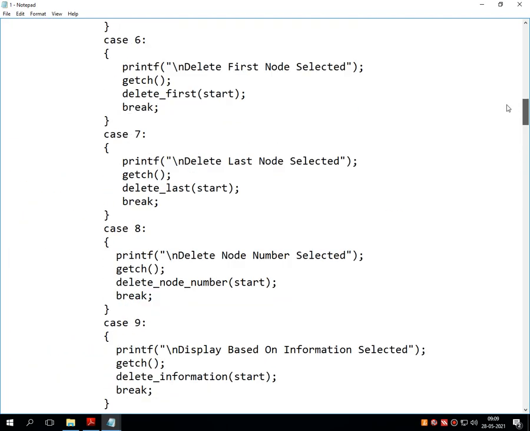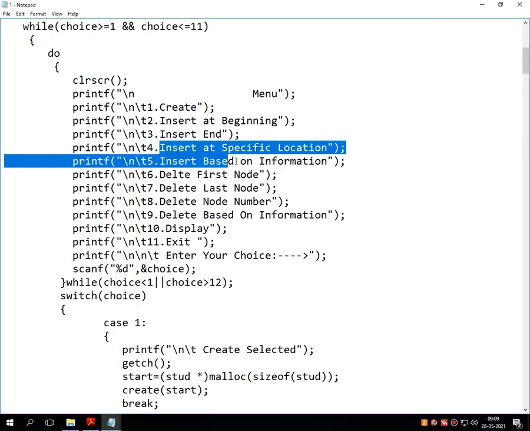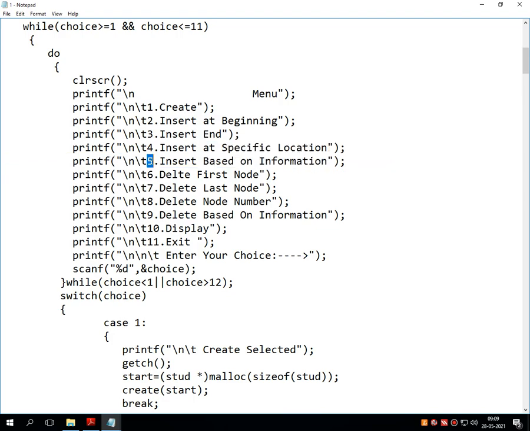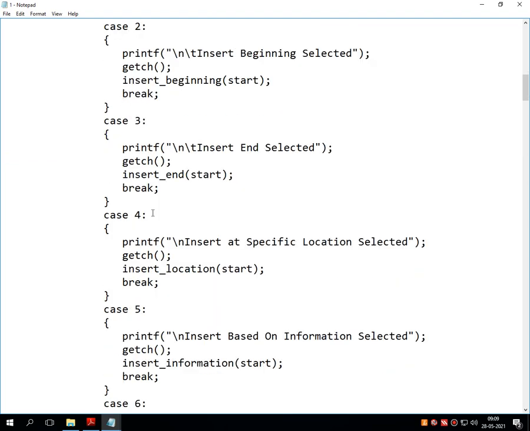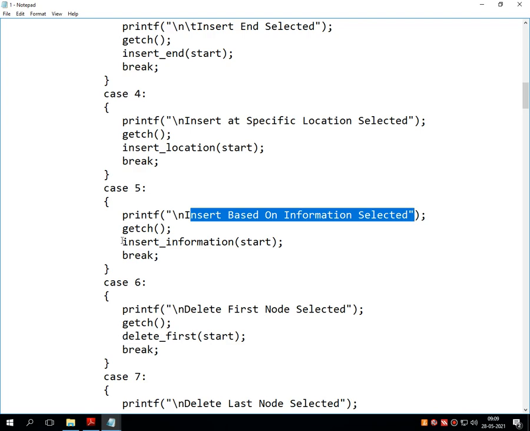Then the next one is insert based on information. Almost these two operations are the same, everything is the same. The option number for this is 5, so case number 5 is called, insert based on information is displayed on the screen.